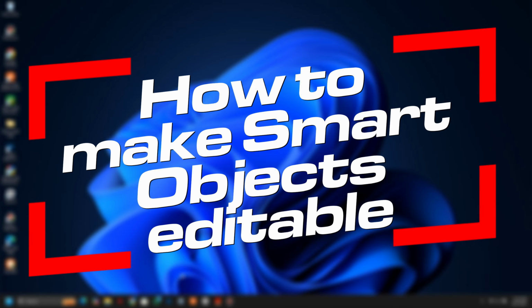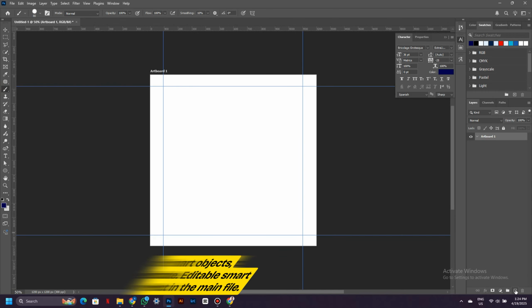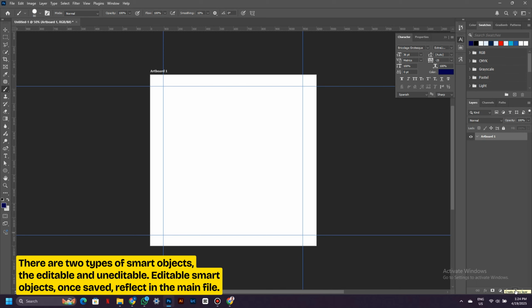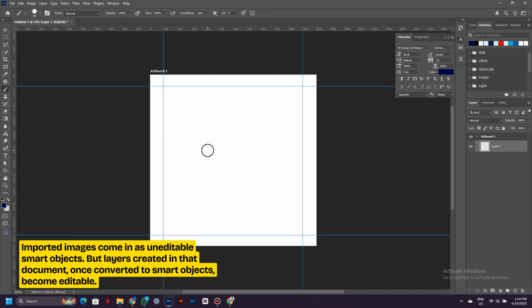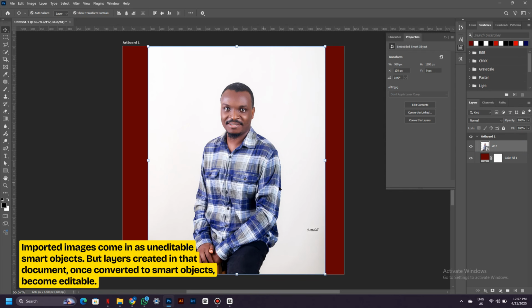How to make smart objects editable. There are two types of smart objects, the editable and uneditable. Editable smart objects, once saved, reflect in the main file. Imported images come in as uneditable smart objects, but layers created in that document, once converted to smart objects, become